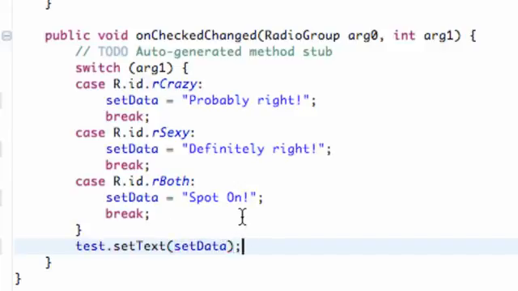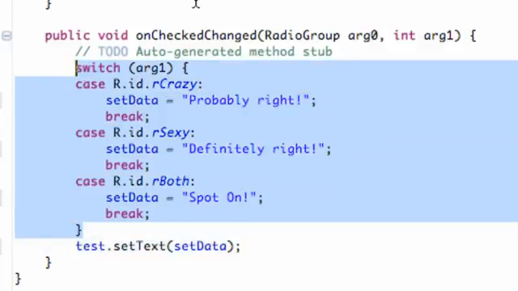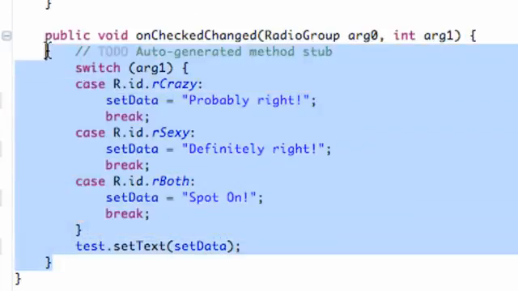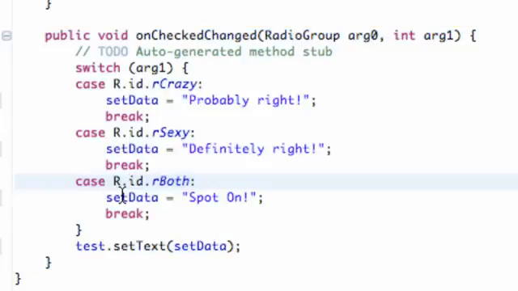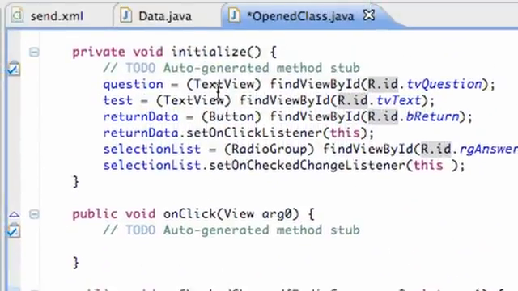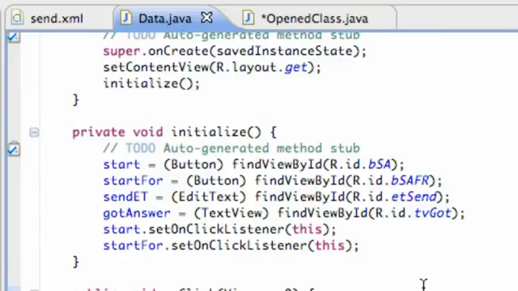So there we go. Basically, as you can see, here's our switching case, but we're still within our on-check change listener right here. So basically it's going to go through the switching case, set this data up according to which radio button's pressed, and then it's going to break the switch statement, and it's going to call this method where it's going to change the test text. So there we go. We basically set that up, and now we're going to set up our